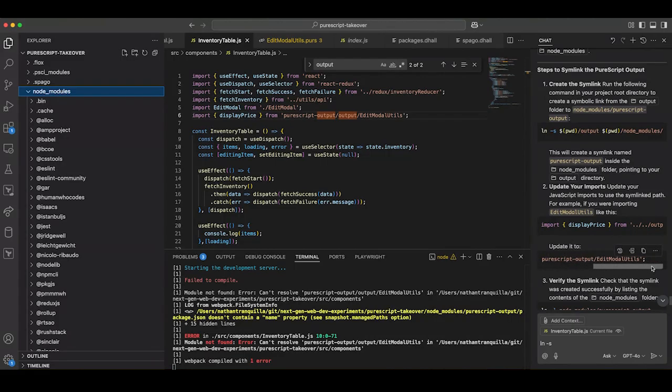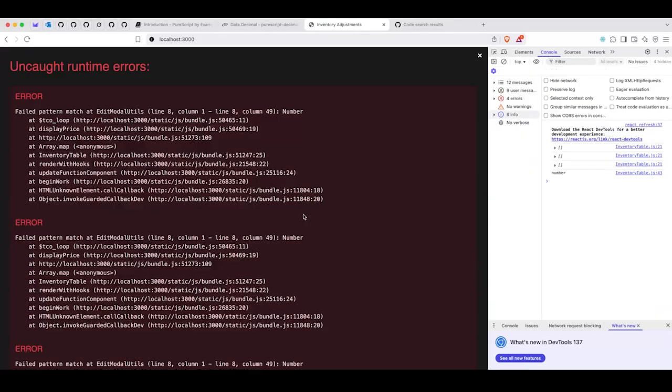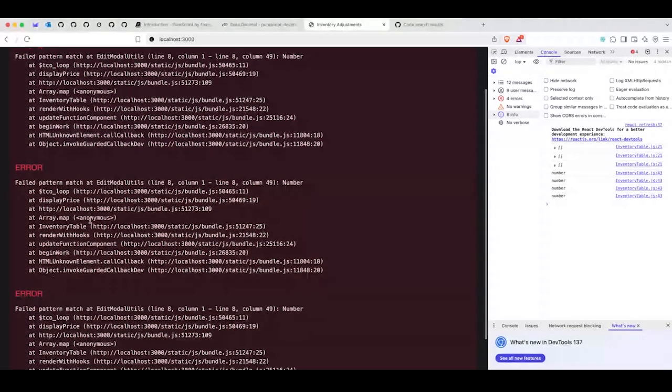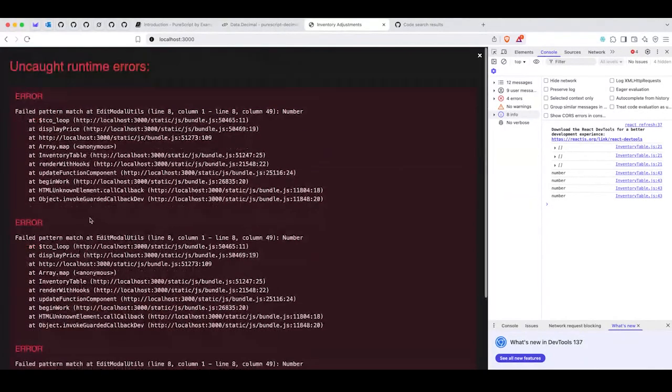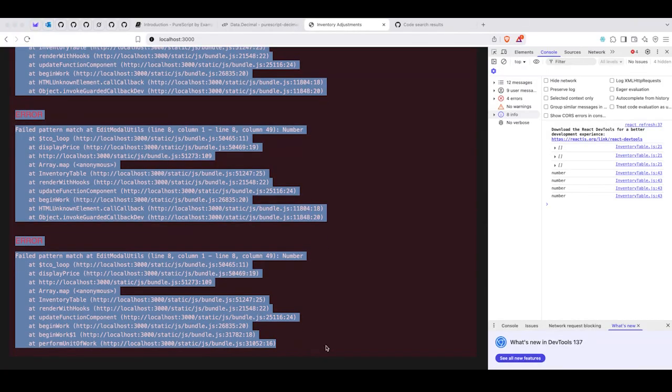Oh. Guess this output folder is failed pattern match. Okay, so it's not a number. Okay, so that's cool. Let's see what's going on. Let's see if we can resolve this. That's so cool. Okay, so I failed to pattern match